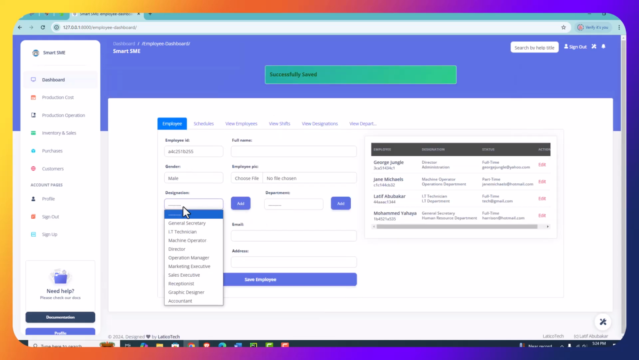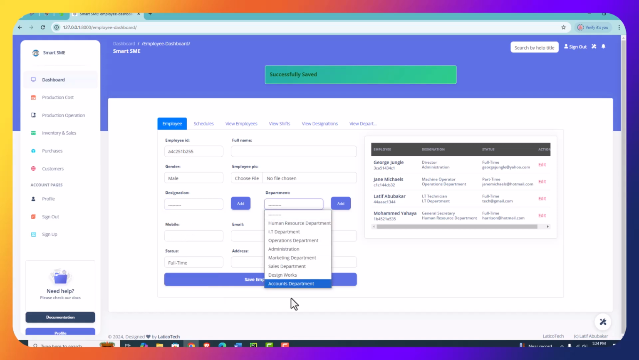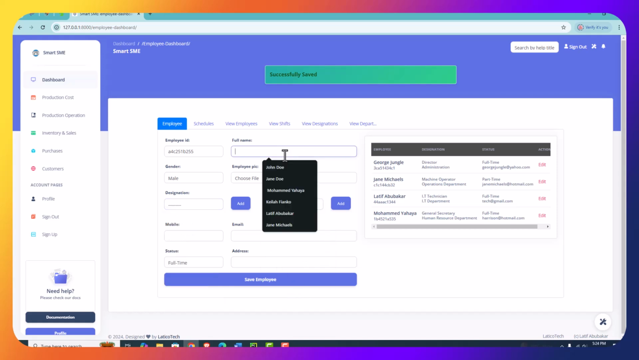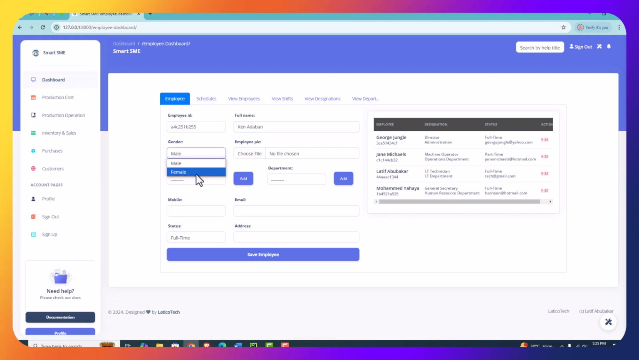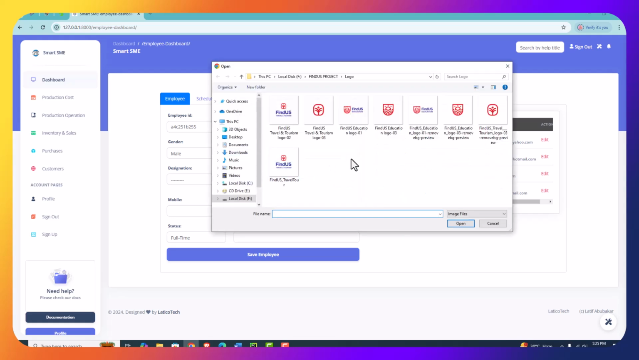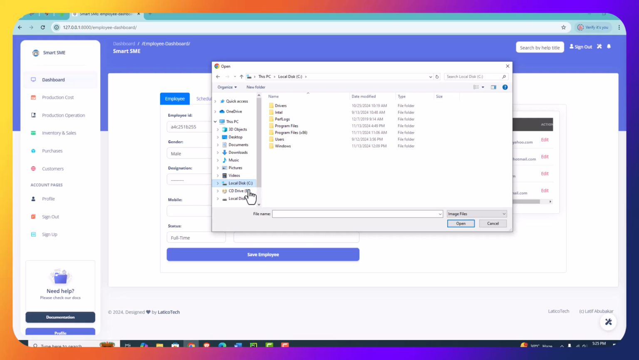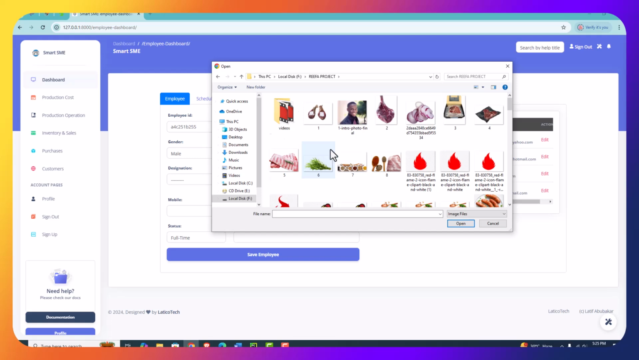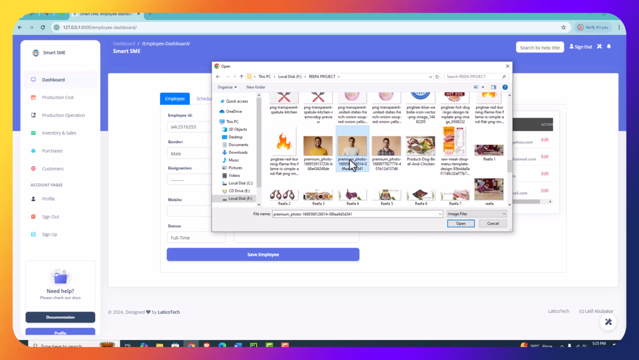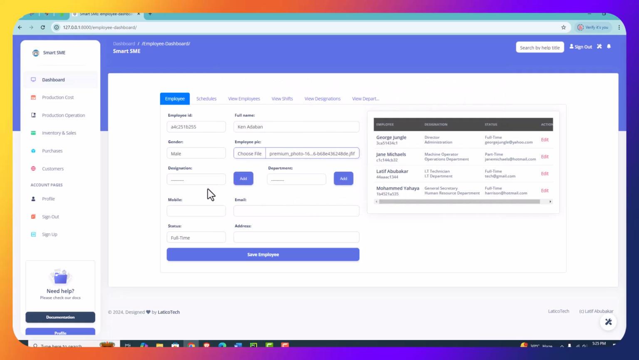So we can have the same here. We have accountant, and down here you have accounts department. So let's try to add a new staff here. Let's say we have Ken, and the gender we select from here, and you choose an image for this staff. Let me take this picture, and then he's an accountant and he's from the accounts department, and the mobile